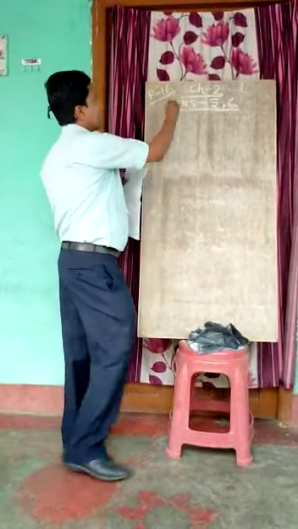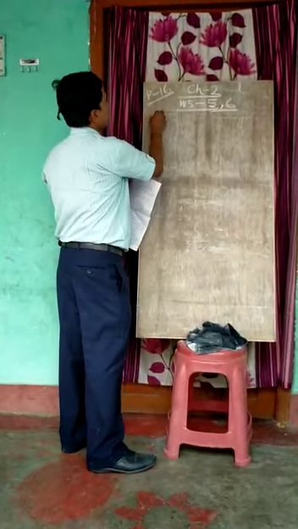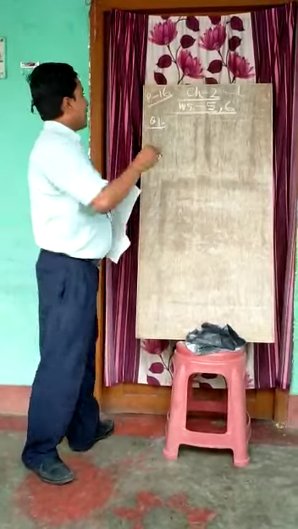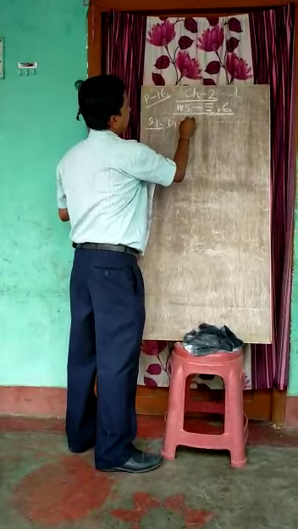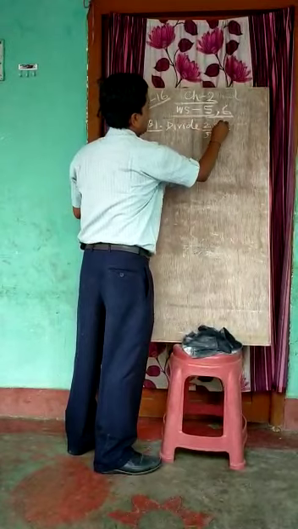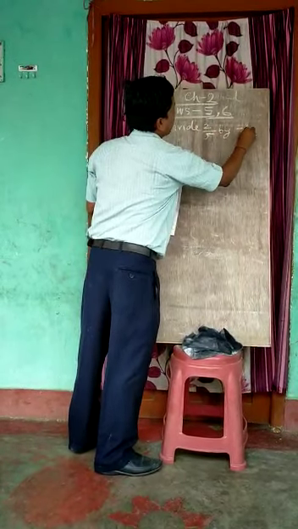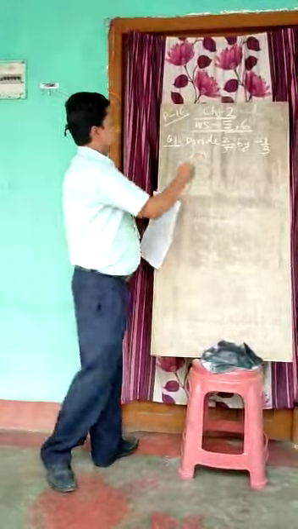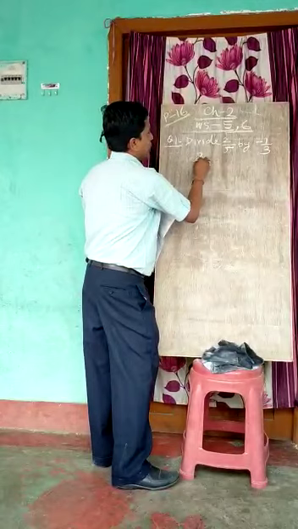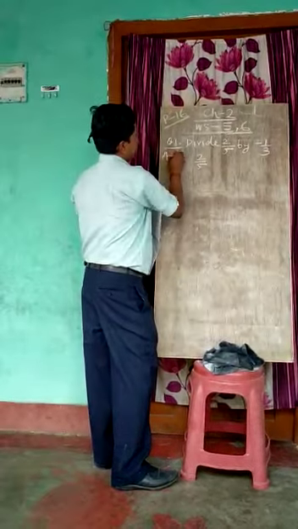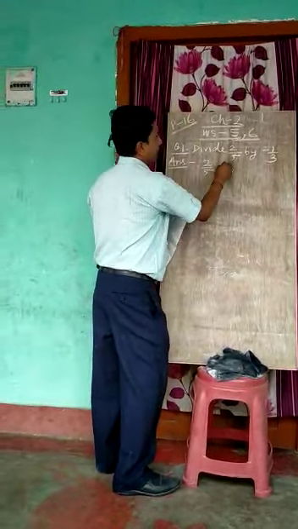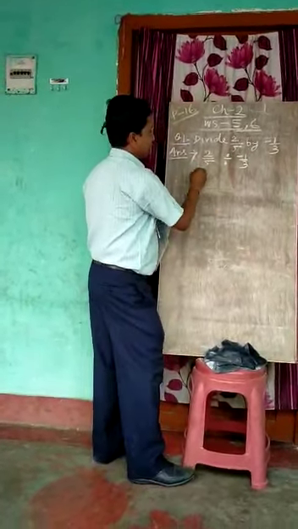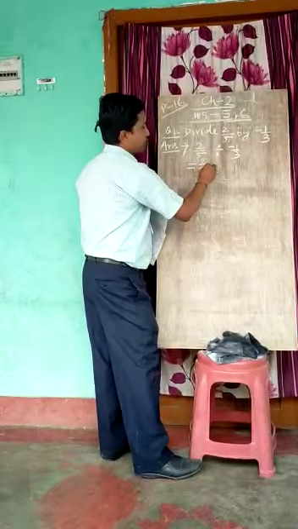In chapter 2, worksheet 5, question number 1, you have to divide 2/5 by -1/3. This is the question. How can you divide? Write down the solution. 2/5 divided by -1/3. Now write 2/5.